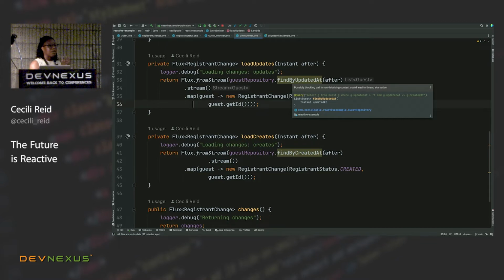How can I turn a blocking call into one that IntelliJ won't warn me about, and into one that's not going to cause thread starvation? There's so much to learn about Reactor Core, and I still know a lot of people who are very well versed in it and still get caught into some issues of, well, I did not know Reactor had that specific behavior because of that one thing we did not configure properly.